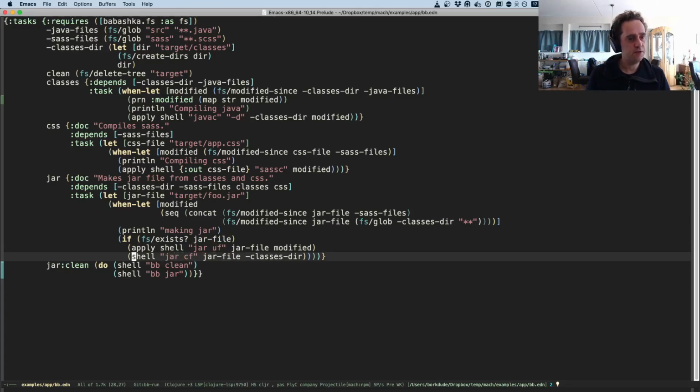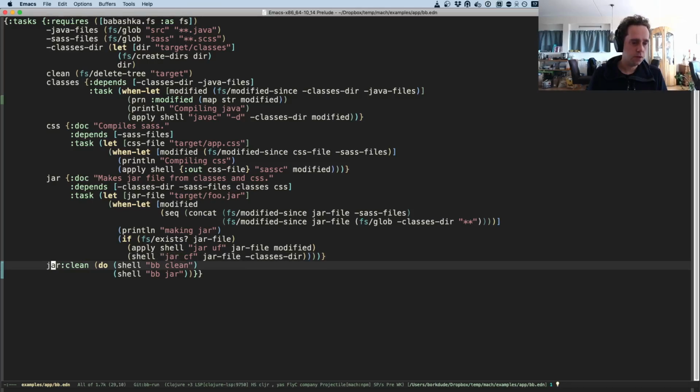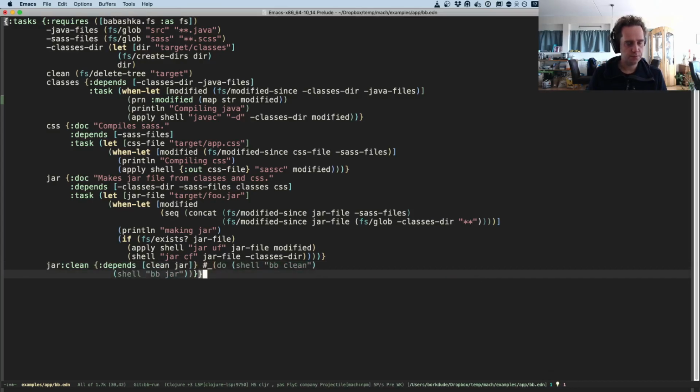And if you want to have both clean and jar, you just make another task called jarclean, which executes bb clean first and then bb jar. Before, I also did it like this, with depends clean jar, but this is not